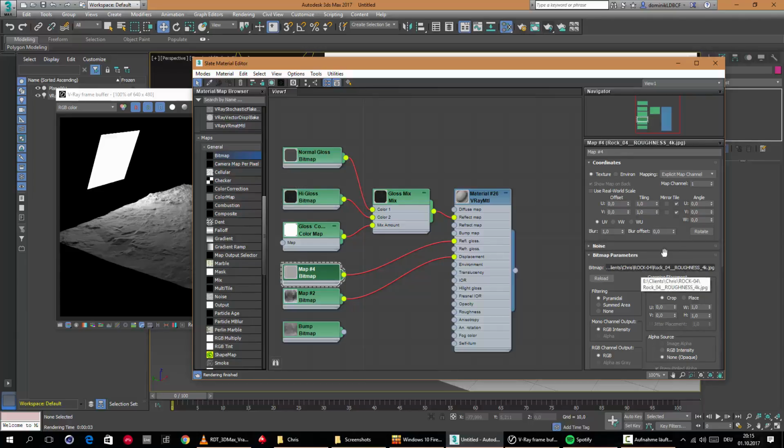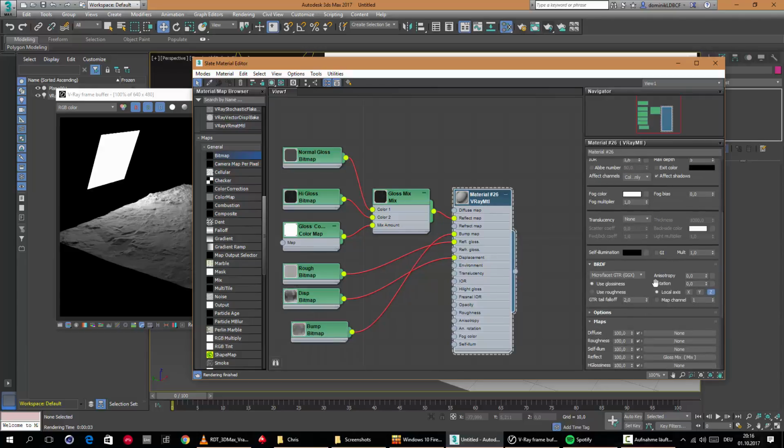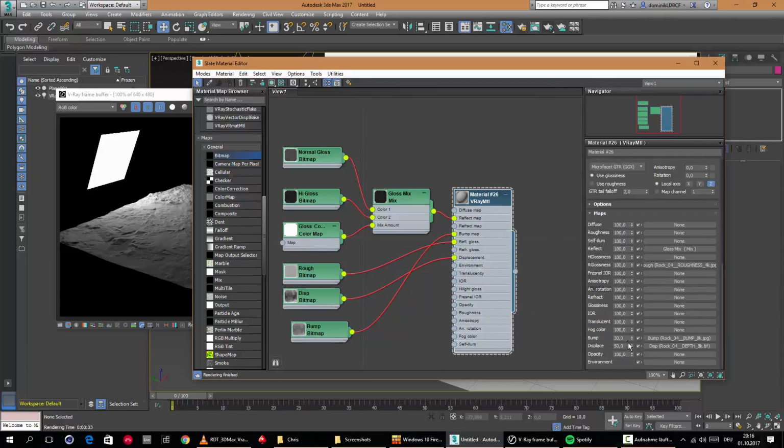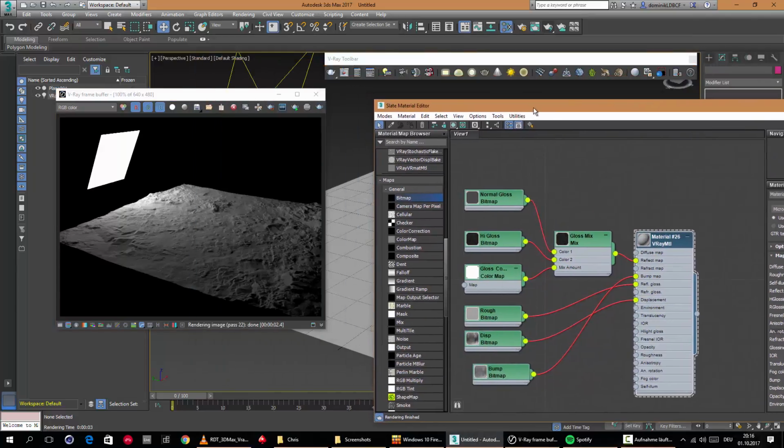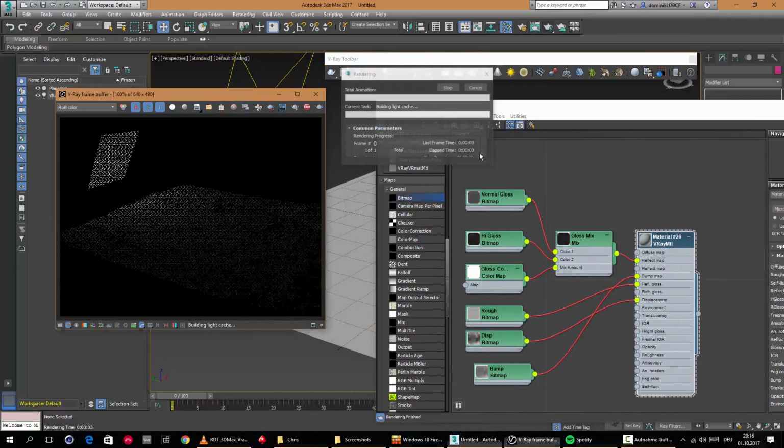This is our roughness map, so let's just simply call this rough. And this is our displacement, so we just simply call this disp. And this is our bump map. So let's finally connect our bump map to the bump slot. Here we go. And then of course we can also control the value. If we're going down here to maps, the bump is set to 30, we can also make this higher, to 100, and this will just simply give us some really nice detail